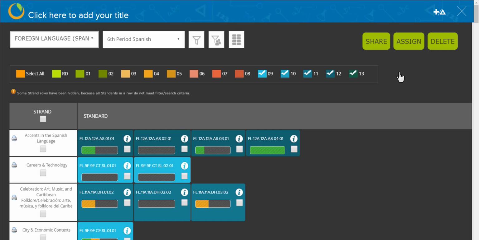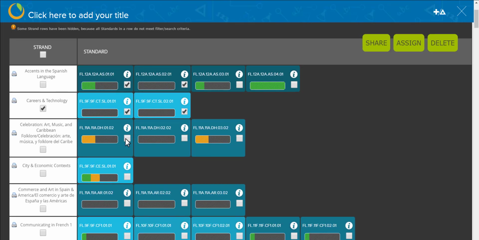In this case, we're here just to find the standards that we want and select those checkboxes. I can select an entire strand by clicking a box like this if I'd like. And I pick as many of these as I'd like. And when I'm ready,